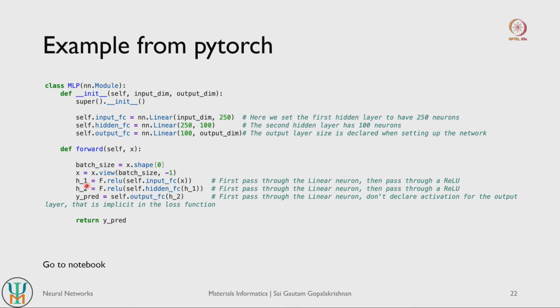Same thing for the second hidden layer also. It is also subject to your ReLU activation function. For the output, we do not necessarily need to declare an activation function, that will be implicit based on the loss function that we declare, right. And then once these two are the main functions that we need, we can readily return whatever predictions that we get from the model, but we will also declare a few more useful functions in our Jupyter notebook. So let us go to our notebook and let us see how to create neural networks using PyTorch.